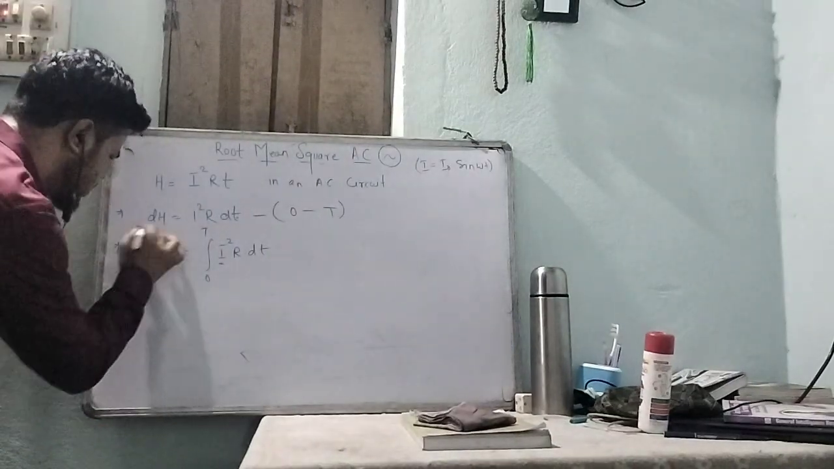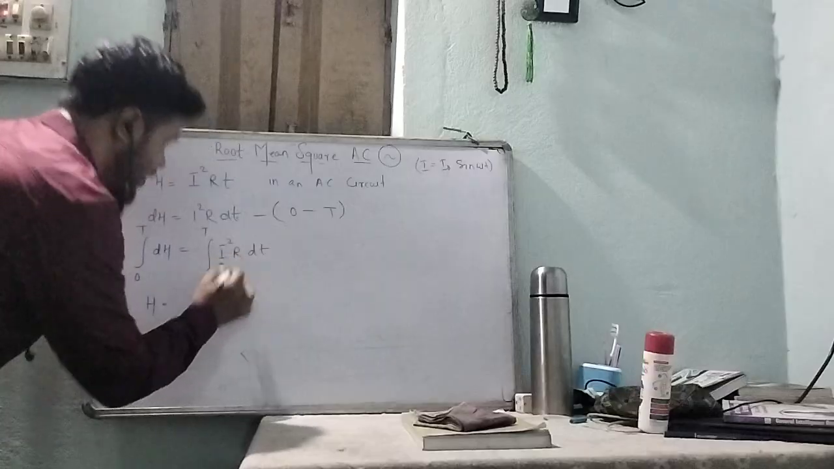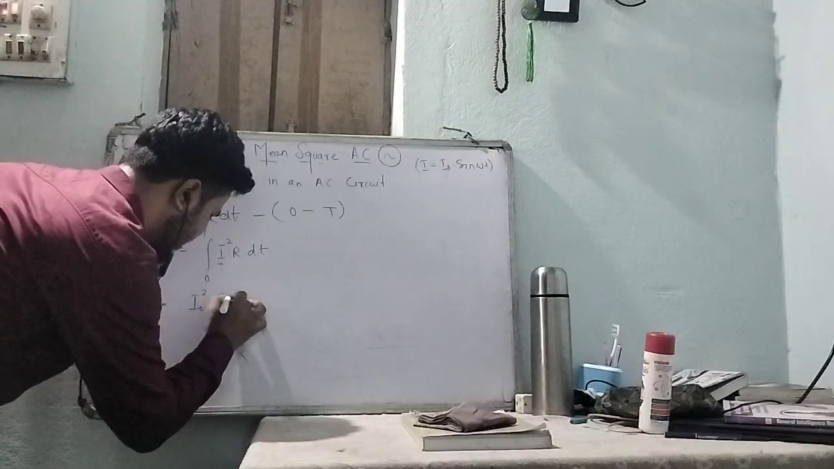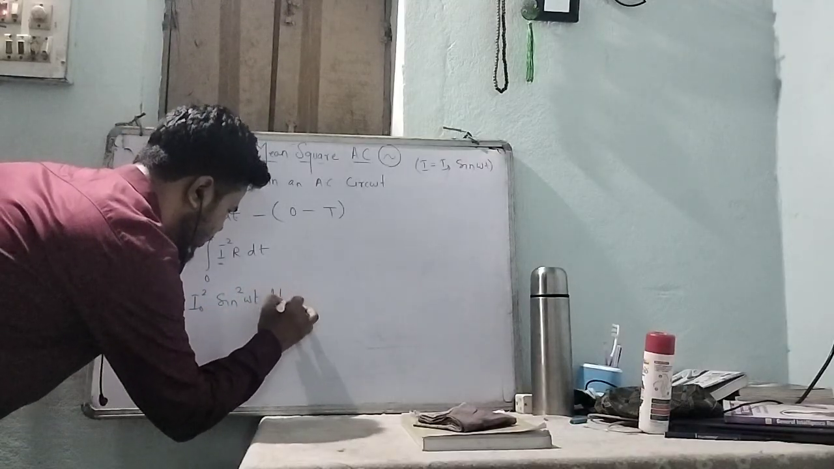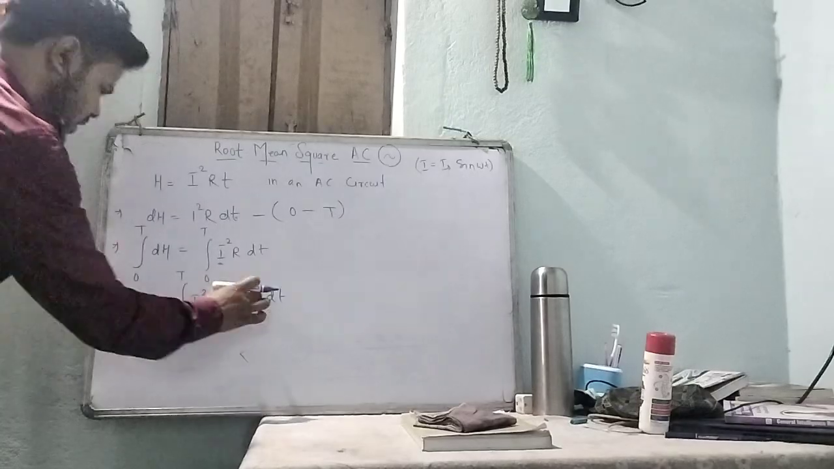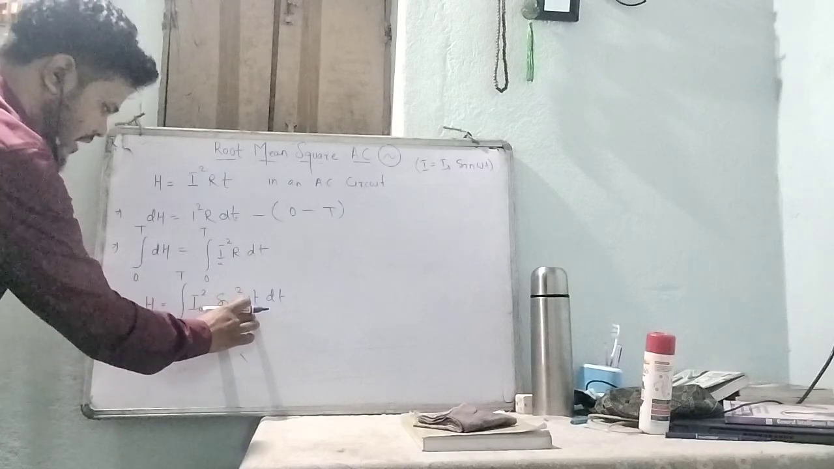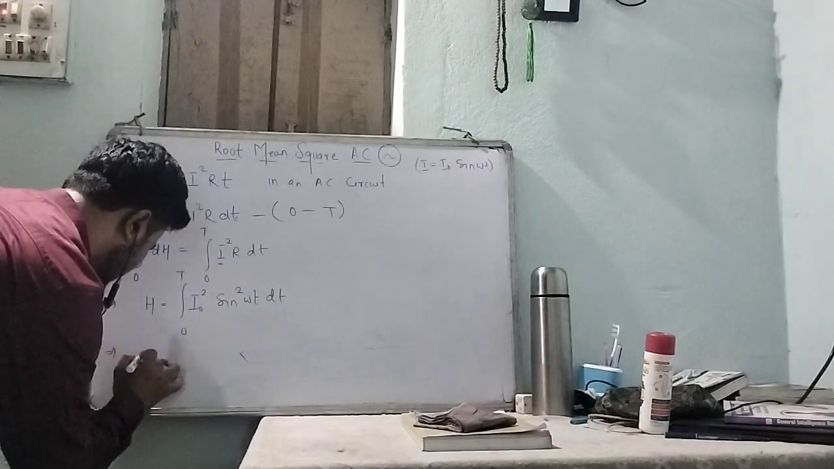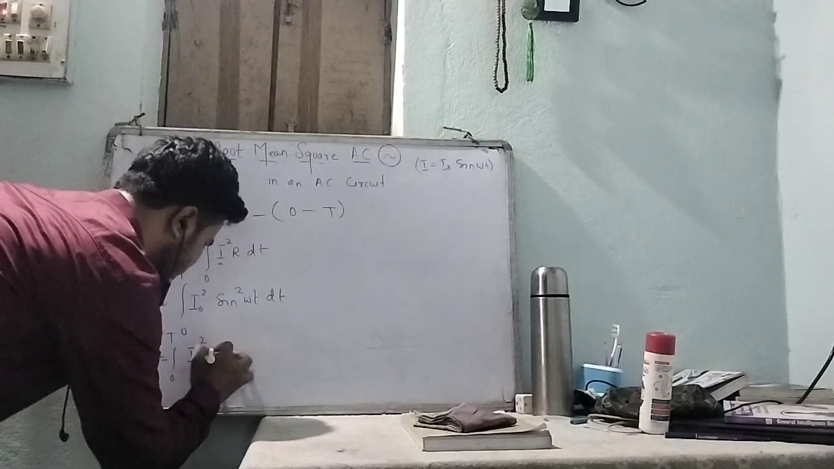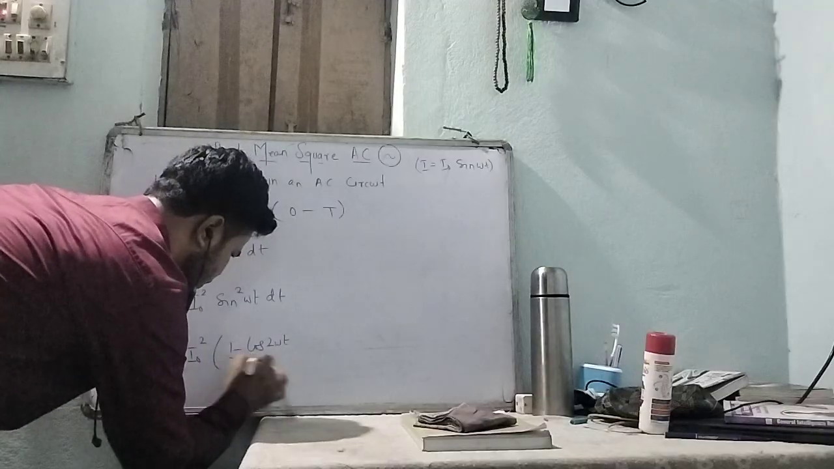Now, over the time interval 0 to t, let's say the heating produced is H, which is equal to, I can write, I naught sine omega t, so it will be I naught square sine square omega t into dt, integrating it over the limit 0 to t. Next, I integrate it. Sine omega t is a trigonometric value that cannot be integrated directly, so I convert it into another identity. H is equal to the integral from 0 to t of I naught square, sine square omega t is (1 minus cos 2 omega t) upon 2,